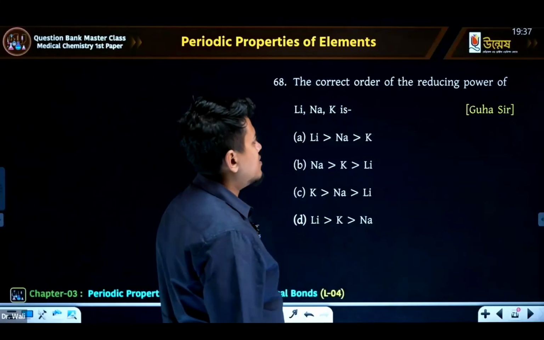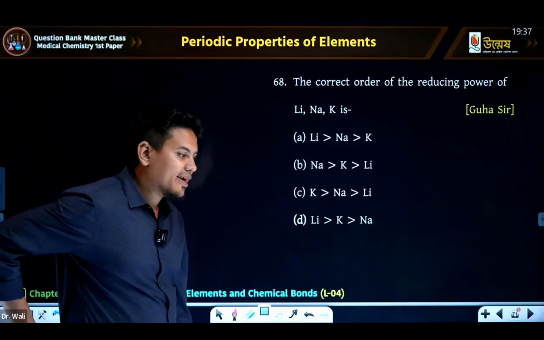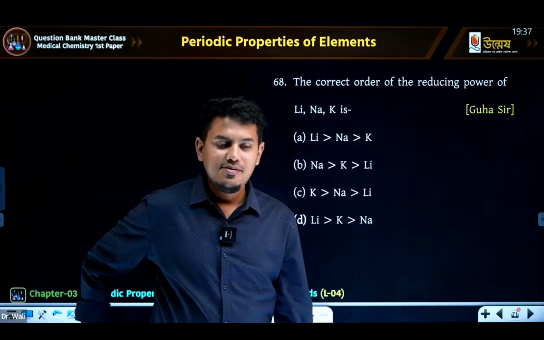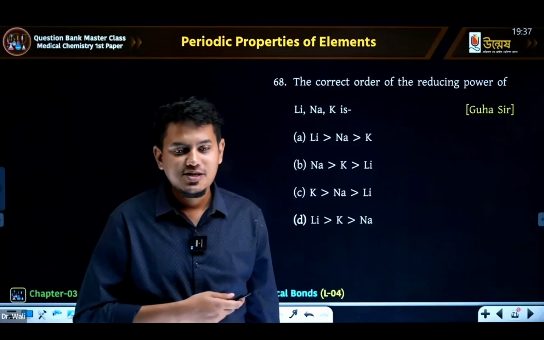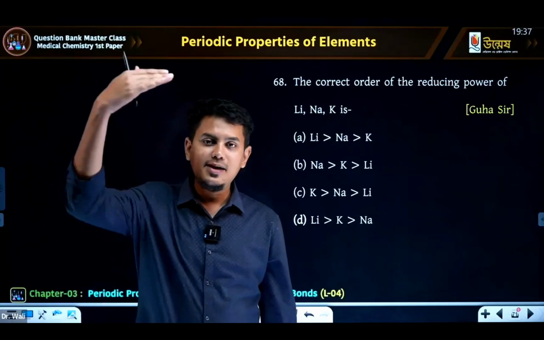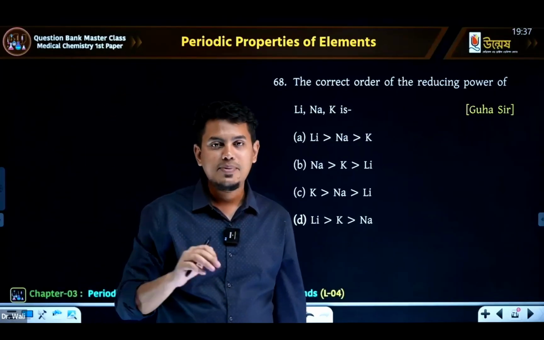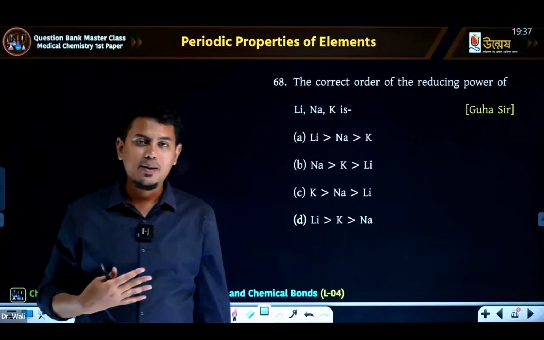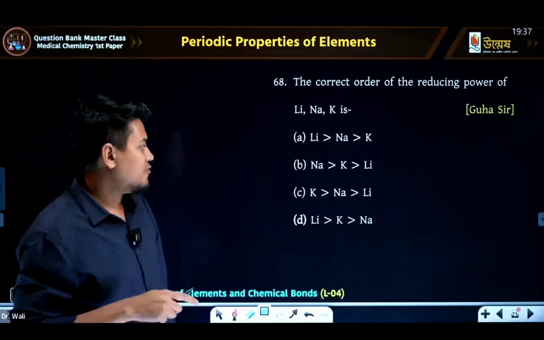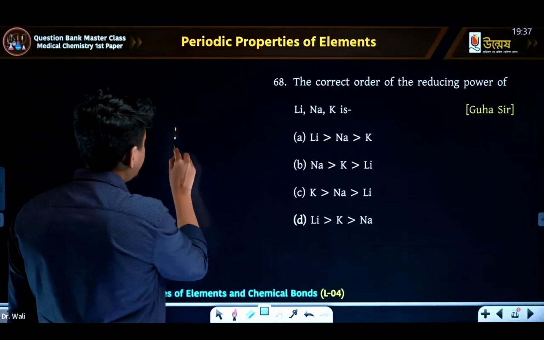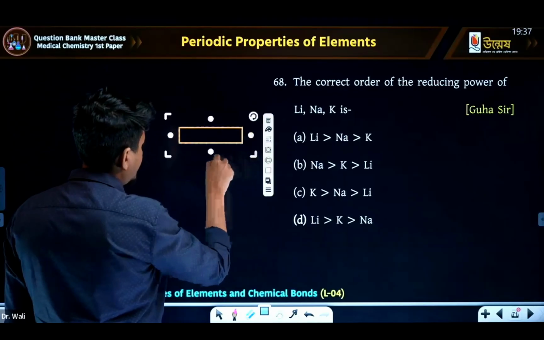The correct order of the reducing power of lithium, sodium, potassium. Actually, this question came from the reactivity series, because if we try to solve it on the basis of the periodic table, then we have to answer that lithium shows lower reducing capacity than sodium, and sodium shows lower reducing capacity than potassium. But in case of the reactivity series, the order becomes like this: